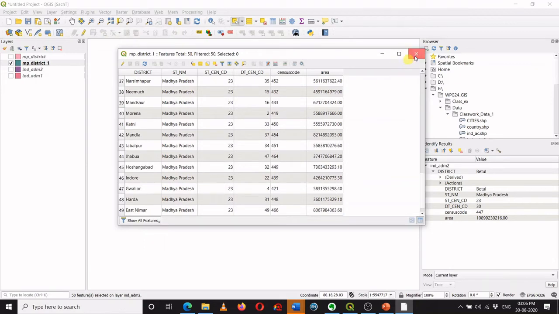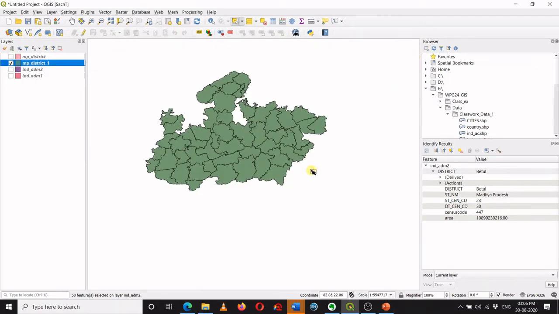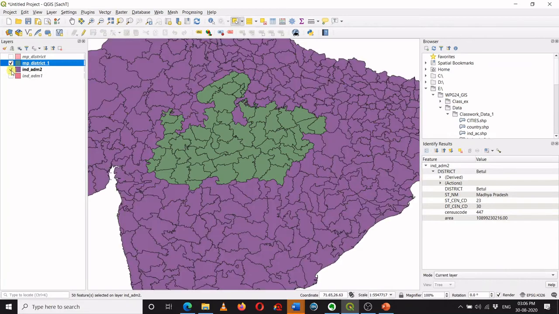Okay, so you can use this method as an alternative method for selecting districts. However, again, this is a cumbersome technique. Imagine if you have a large number of features and you are scrolling down the attribute table and carefully selecting all those values, it sometimes can create a problem and lead to some error.